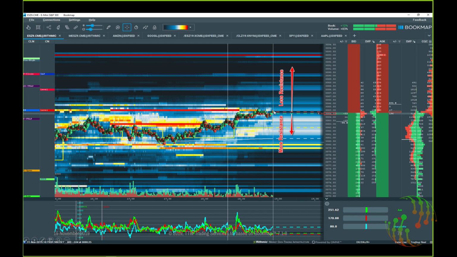It doesn't mean that they won't hit this area 83 again. But when you are long, when you get an entry here somewhere, and you have this picture in front of you, then you know I'm right. The market proves me right that I'm in the long position, and I'm riding as long as I got an absorption at a certain level, or maybe even if it hits this 93 level.